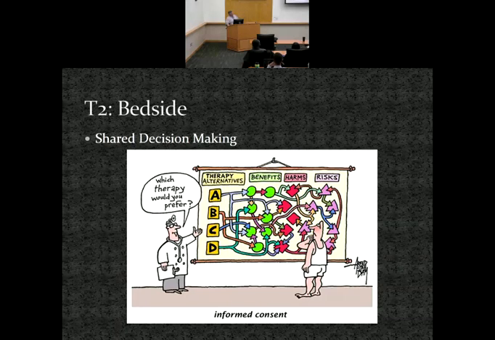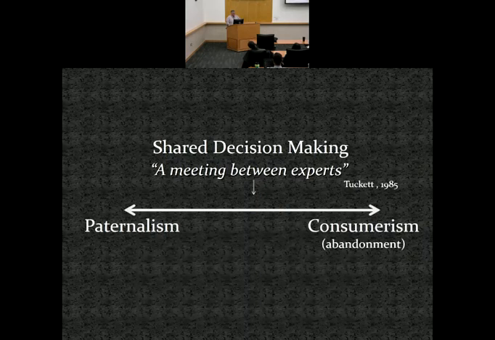This is not what shared decision-making is, but this is what a lot of people think it is: oh, I have to give people options. This is respecting patient autonomy, and I would argue that this is pretty far from any sort of shared decision-making. My favorite definition of shared decision-making comes from a book in the 80s where they called it a meeting between experts. And I like that because it philosophically acknowledges the shared expertise. You have clinicians who are an expert in whatever the clinical scenario is, and patients who are an expert in them and what's important to them and their lives and their goals and their values. And I think bringing those together is sharing a decision.